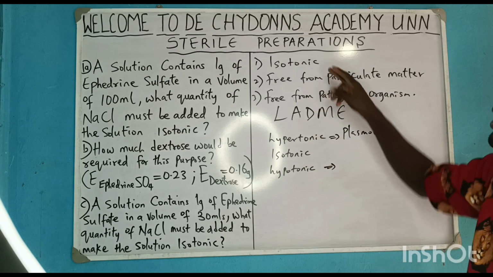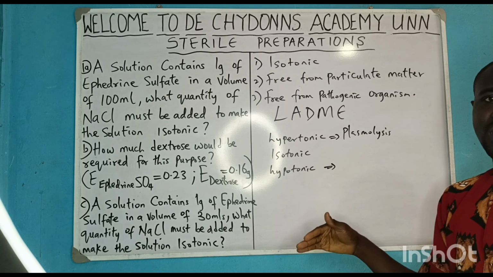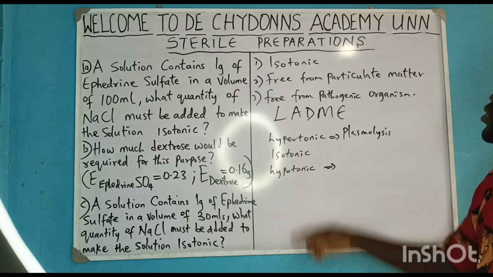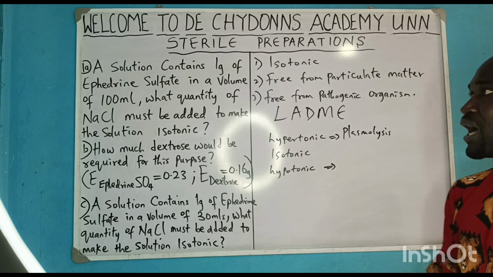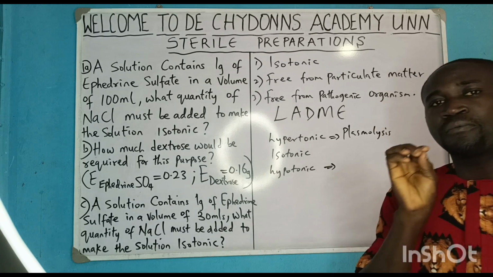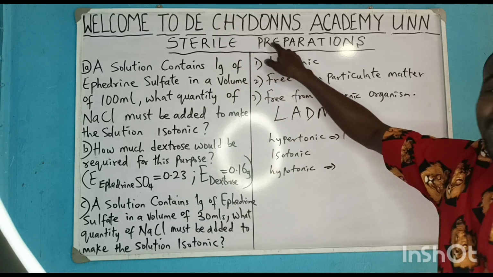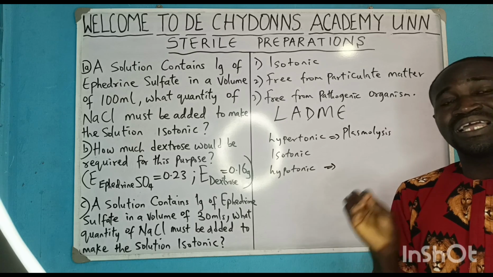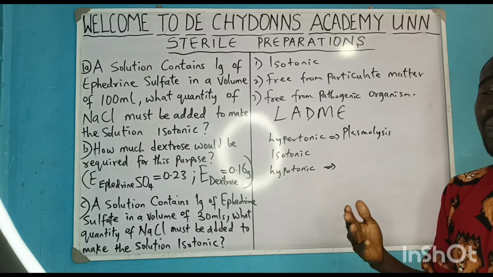Now, as we said, an isotonic solution is a solution whose concentration is the same as that of the cell, and so they will be compatible. There will be high compatibility between an isotonic solution and the concentration of the cell. You get it now? It is important for you to know that to prepare a particular sterile pharmaceutical product and make it isotonic, there are many methods one can use to make that preparation